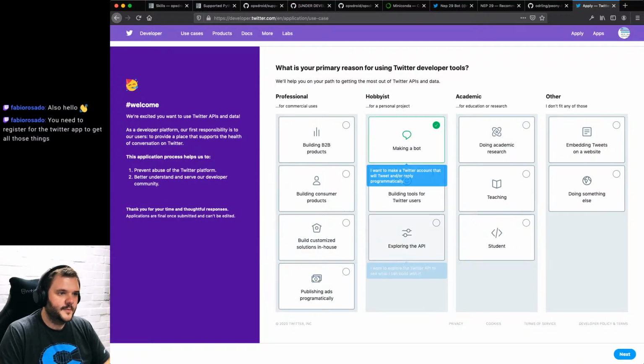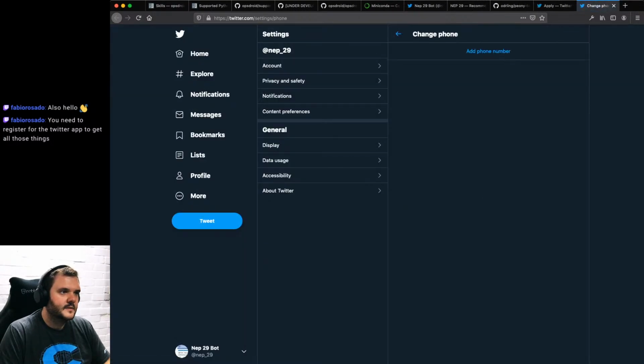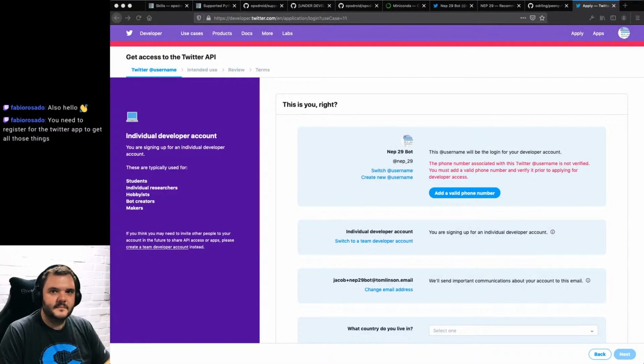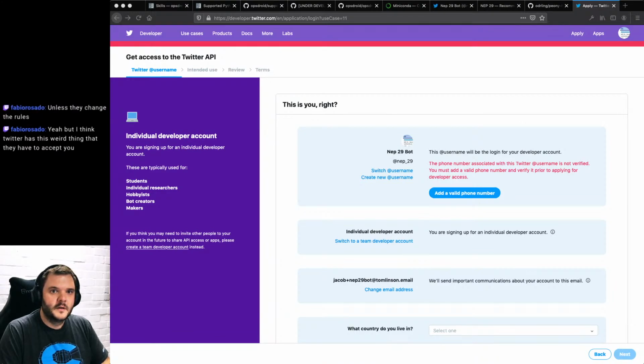Making a bot as a hobbyist. Is this a thing that I need to do? Oh, I'm going to have my phone number. Right. I'm going to do this so you can't see. Oh right, does that take a while? Maybe that's not good then.